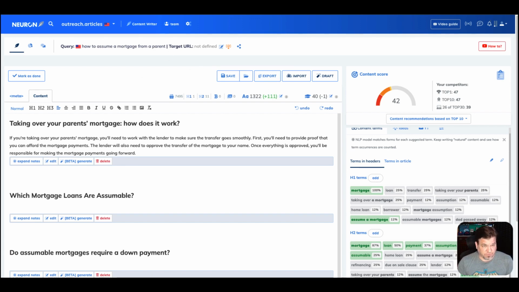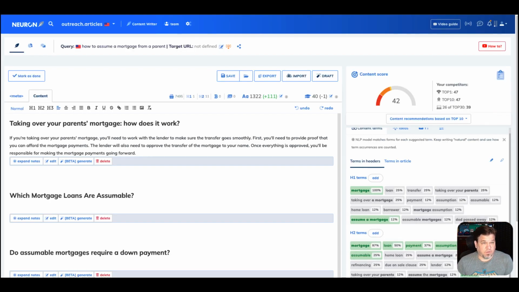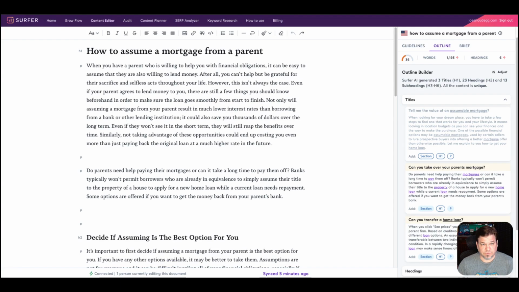Every tool, Surfer has gone through so many progressions and changes in their UI over the years. I still remember when it first came out what it was like and where it is now. Who knows where Surfer will be tomorrow and where Neuron will be, but I look at Neuron as like Surfer's little brother that has some other toys. It'll make things very interesting in the market for these two tools.